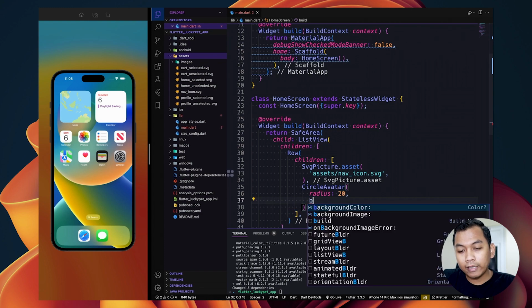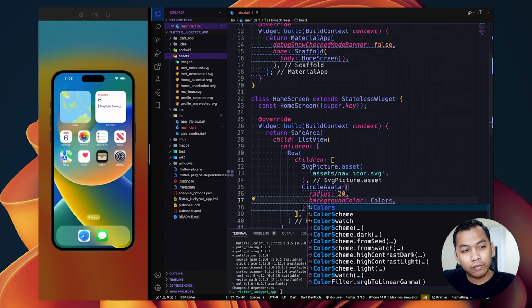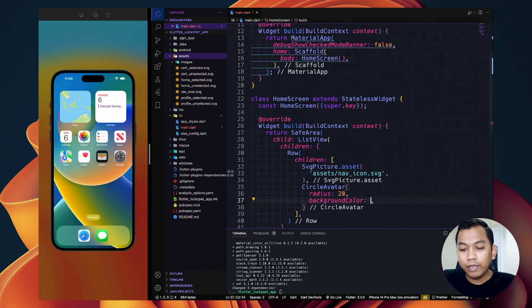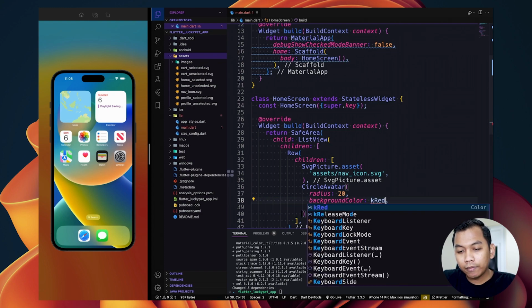And here we also can add a background color. So when the image is PNG, we can add the color here, so maybe orange, or red, so maybe red.